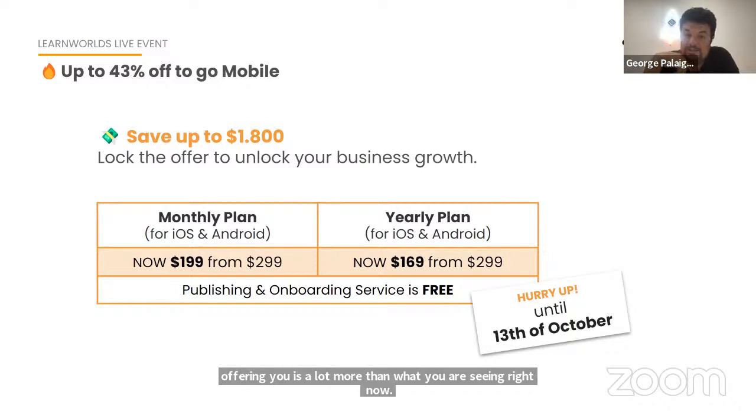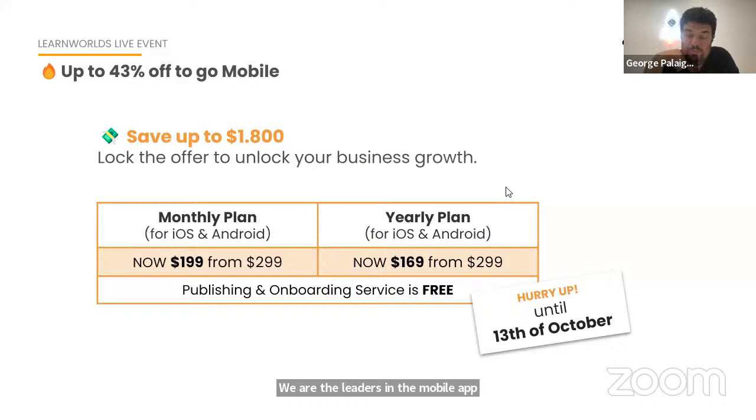We are the leaders in mobile app builders. We were the first to bring the mobile app builder to course sellers, and we are very sure that we will be ahead of everyone for the next couple of years because we have a very aggressive roadmap to democratize the mobile learning experience.